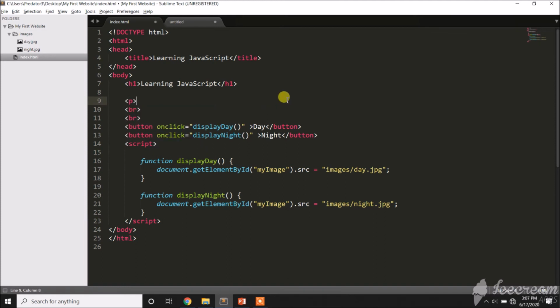Palitan ko lang to. Lagyan ko ng paragraph. Sabihin natin hello JavaScript. Tapos, let me set some ID. Okay. Then, itong button is gagamitin ko pa rin at yung function. So, sabihin ko ito, gawin ko default style. At ito naman, sabihin natin new style. Okay. Dito,